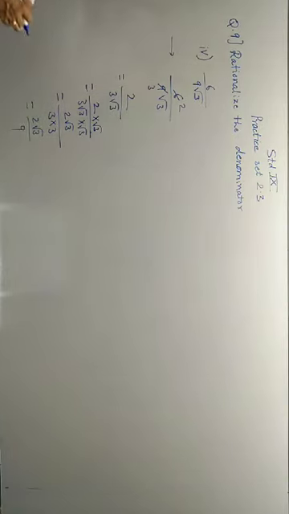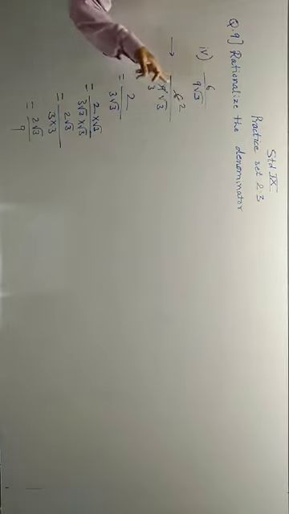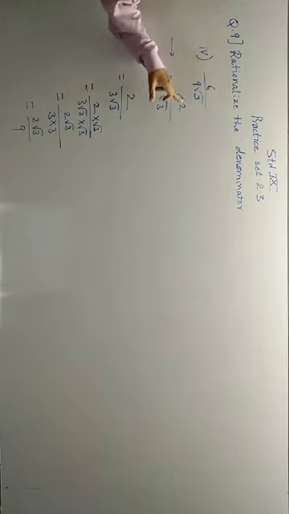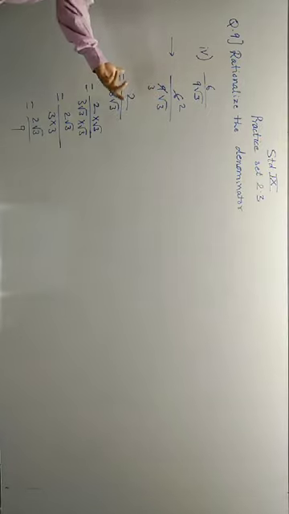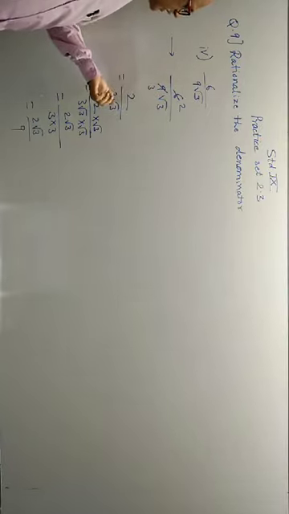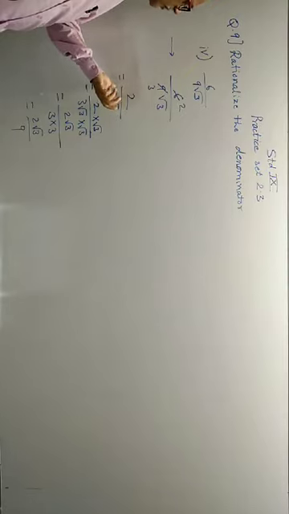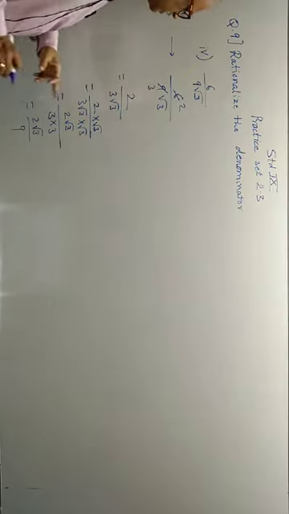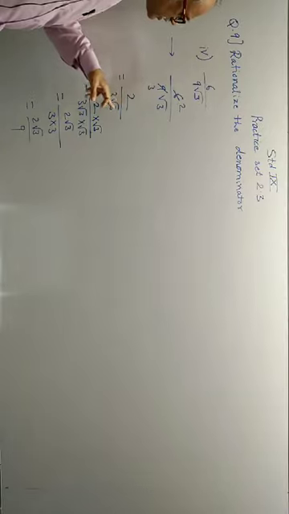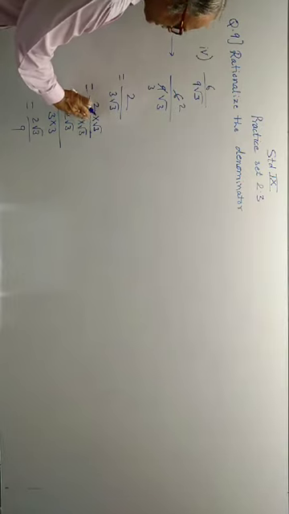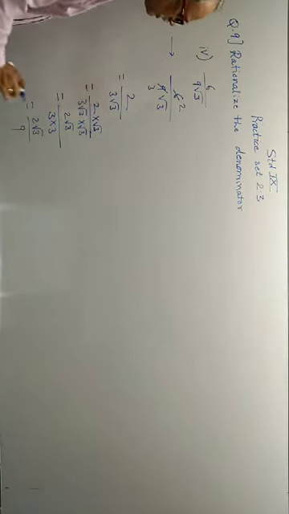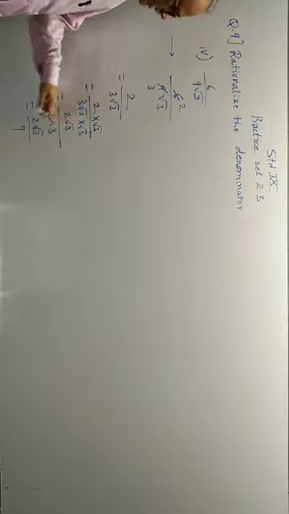Again I will explain. Pay attention. It is given 6 upon 9 root 3. 6 and 9, numerator and denominator, are both divisible by 3. 3 2s are 6, 3 3s are 9. So in the numerator it remains 2, and the denominator is 3 root 3. Now our aim is to rationalize the denominator. The rationalizing factor of root 3 is root 3. The rationalizing factor of 3 root 3 is also only root 3. Whatever is the irrational multiple, that much part only should be taken as the rationalizing factor. Then only we can get a small, neat, expected answer.